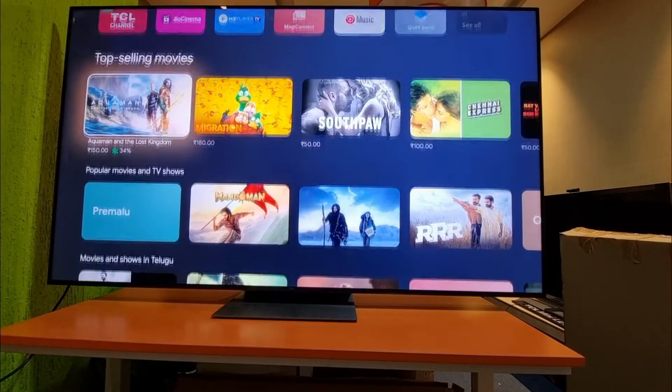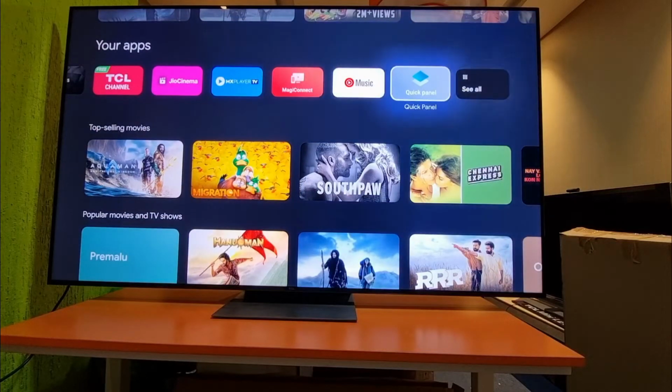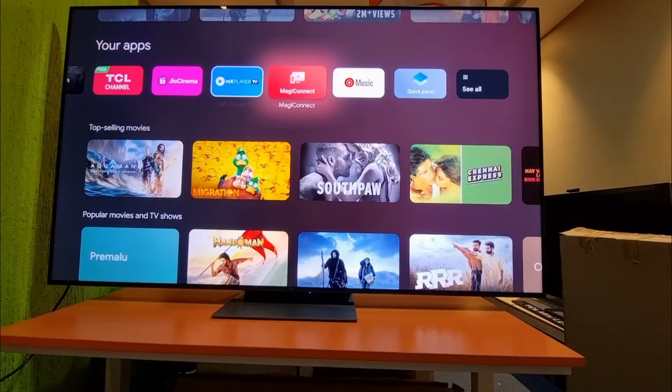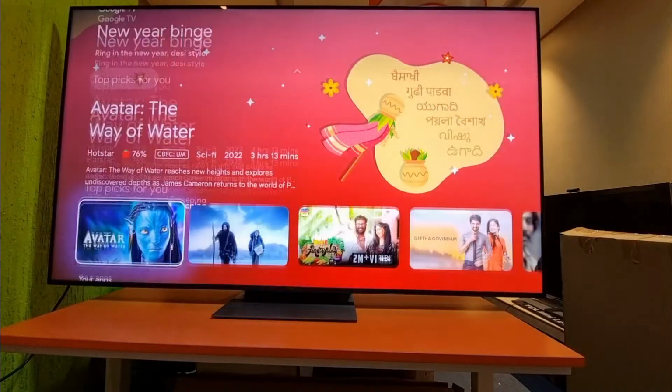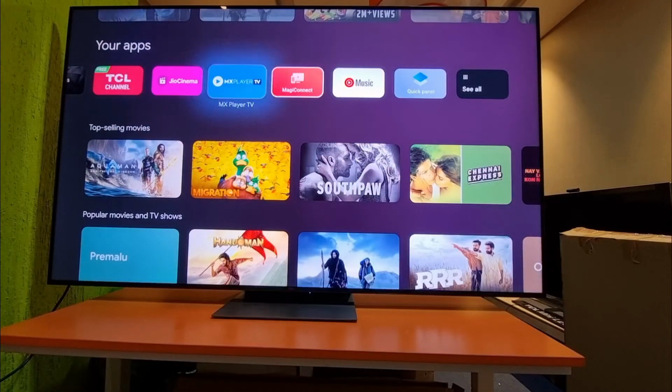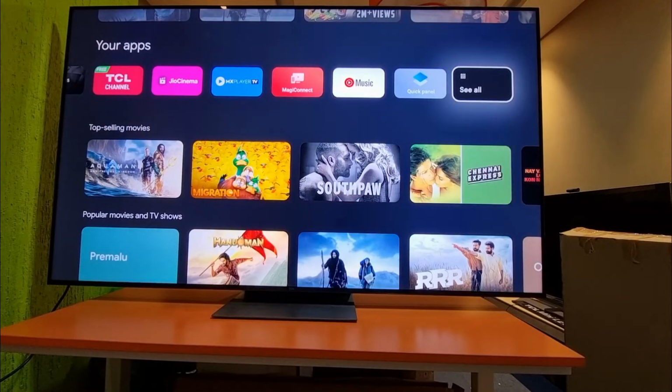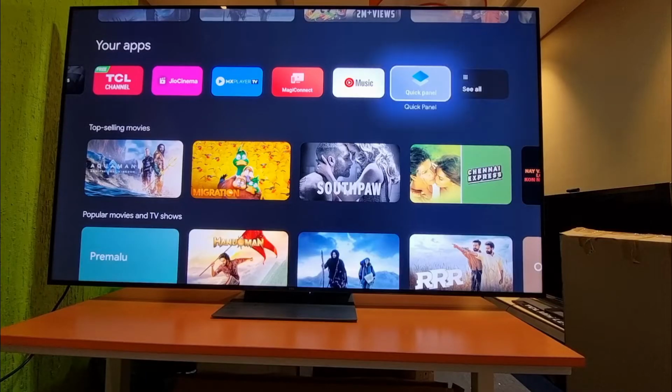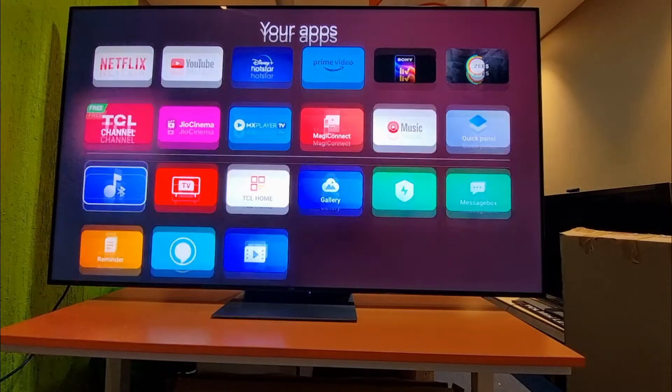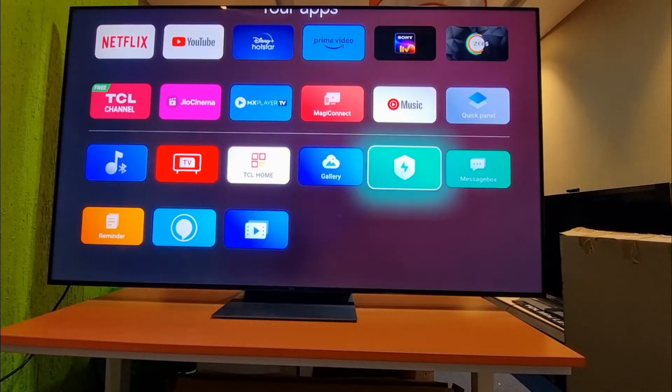Safety guard, and you can optimize your TV. Okay, for that I'll show you step by step. This is your home page. Okay, the TV, once you start it, will look like this. After you select this, all your apps will show, and you select see all and go to this safety guard